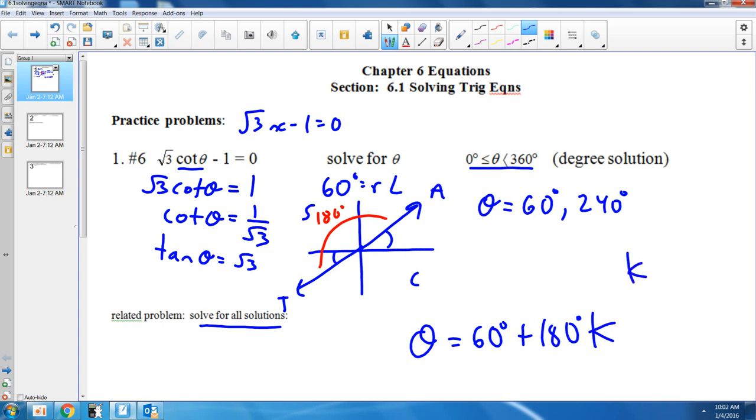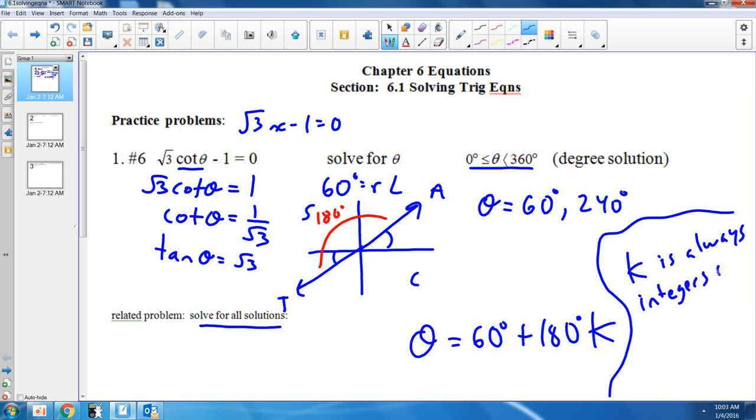K, this you don't have to write in for me. I'm going to assume that K is always going to be an integer unless you specify otherwise, because in some cases you're going to want odd integers, or every odd integer. But if you don't tell me what it is, I'm going to assume that it's an integer, and so I'm just going to write that off to the side. K is always